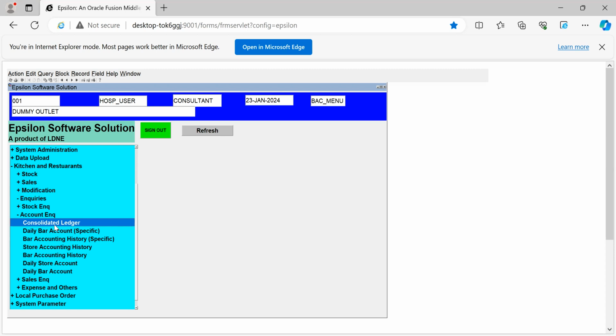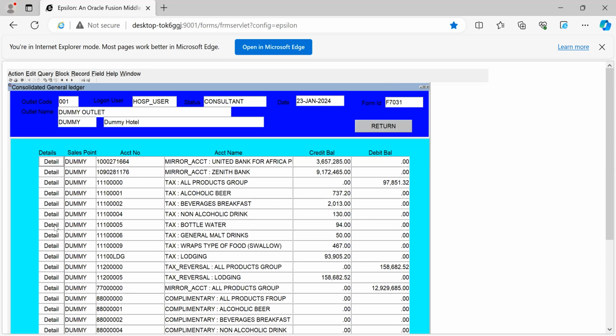I repeat, the value. What are the values? This is very important to the manager, to the CEO, and to the chairman. Now, let's see for this dummy hotel. The entries we have there are this: mirror account, United Bank of Africa. This is telling you that for all the transaction that has gone to your United Bank of Africa account, this total amount there. This amount is summation of POS of United Bank of Africa you have given to your customer